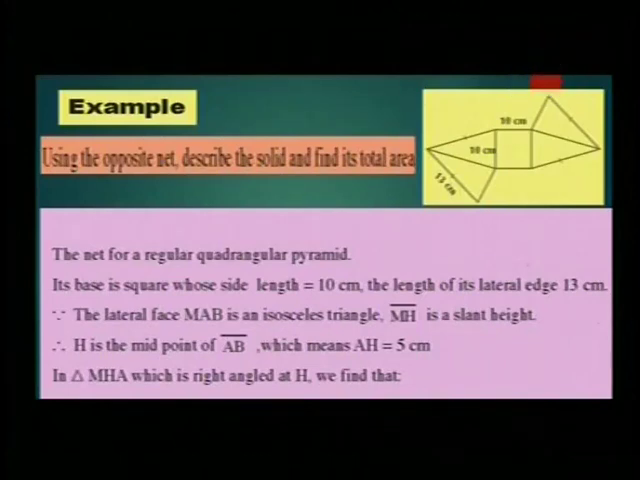So the net for a regular quadrilateral pyramid, its base is a square whose side length equals 10. The length of its lateral edge equals 13 centimeter. The lateral face MAB is an isosceles triangle, as we see here. MH is the slant height. H is the midpoint of AB, which means that AH equals 5 centimeter. In triangle MHA, which is right angled at H, we find that